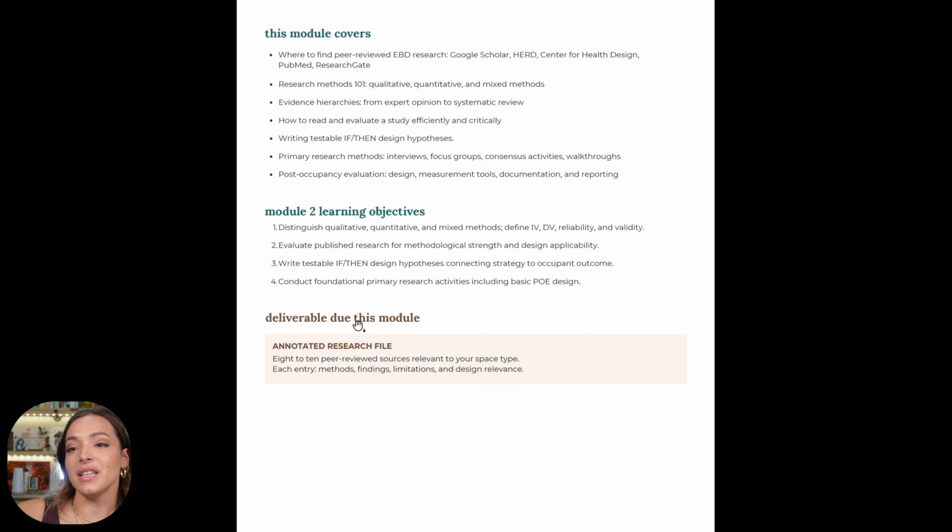You'll see the same thing repeated again when you move into module 2. If you have any questions about the workbook, or if you notice anything that needs to be tweaked, please send me a note. This course is always a work in progress. As designers, we are always iterating, so I'm happy to make sure that this is working for